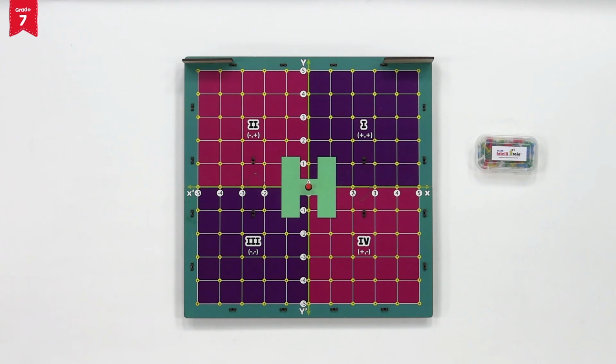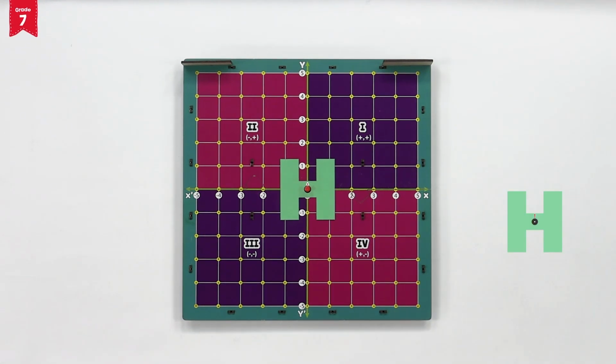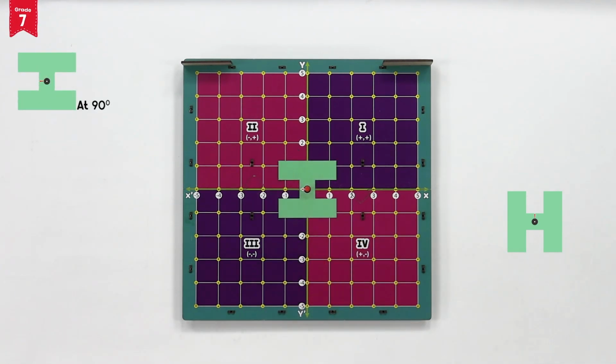Order of symmetry states how many times a figure can be rotated and still remain symmetrical to the original image throughout a complete rotation. Now we will start rotating the symmetry cutout by various angles and observe if it remains symmetrical or not. First, rotate the symmetry cutout by 90 degrees and observe the obtained figure. As you can clearly see, it is not the same as the original figure, thus this angle does not make a symmetrical figure.